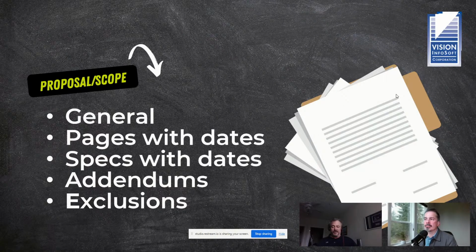Now, part of the reason to do this is that you don't want to spend a lot of hours and time producing a bid, and you get down to the final bid date and time, and your general contractor is looking at 4 or 5 other bids, and they don't know the specifics of what you've got included or not included. So it's really important to have that scope letter so that they can compare apples to apples. If somebody has a lower price but they're not including something that you've included,